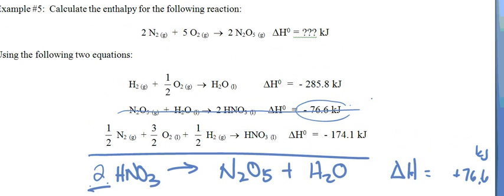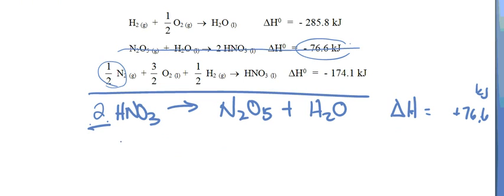What I want you to notice is we have nitrogen, oxygen, hydrogen, and this is the one and only time that we actually see nitrogen in any of these problems. So I definitely want to leave that equation as is. Even with the fractions, I'm still okay with that. So I'm going to go ahead and leave it as is. So 1/2